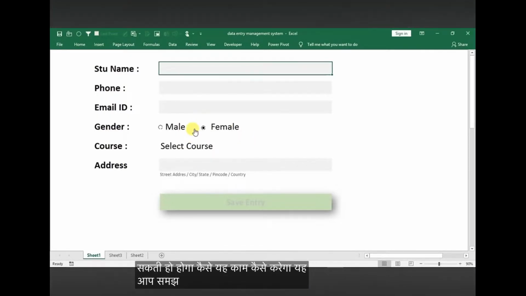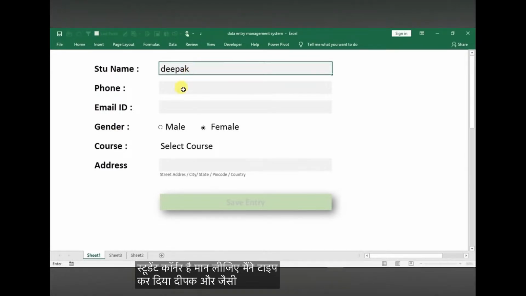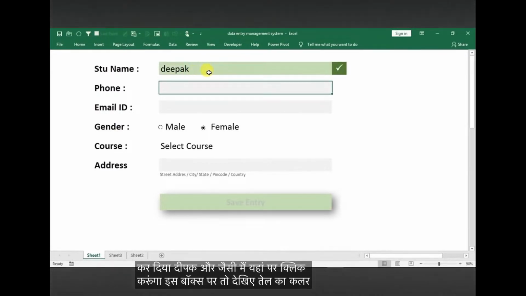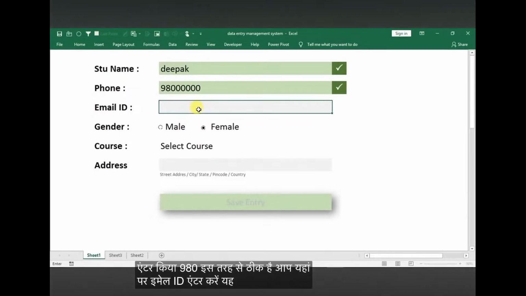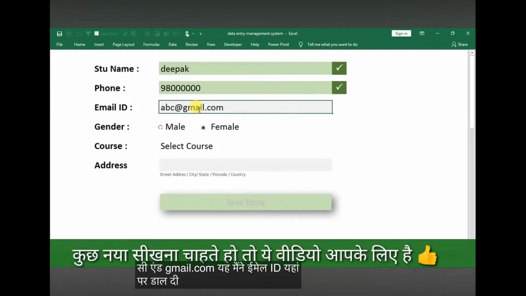होगा कैसे, ये काम कैसे करेगा ये आप समझ लीजिए। तो यहां पे मैं स्टूडेंट का नेम एंटर करूंगा, मान लीजिए मैंने नेम टाइप कर दिया दीपक, और जैसे ही मैं इस बॉक्स पे क्लिक करूंगा तो देखिए सेल का कलर चेंज हो गया और यहां पे टिक मार्क लग गया कि एंट्री हो गई। यहां पे मैंने एक फोन नंबर एंटर किया 980000 इस तरह से। अब यहां पे ईमेल आईडी हम एंटर करेंगे। मैंने कोई भी ईमेल आईडी डाल दी, टेम्परेरी abc@gmail.com।